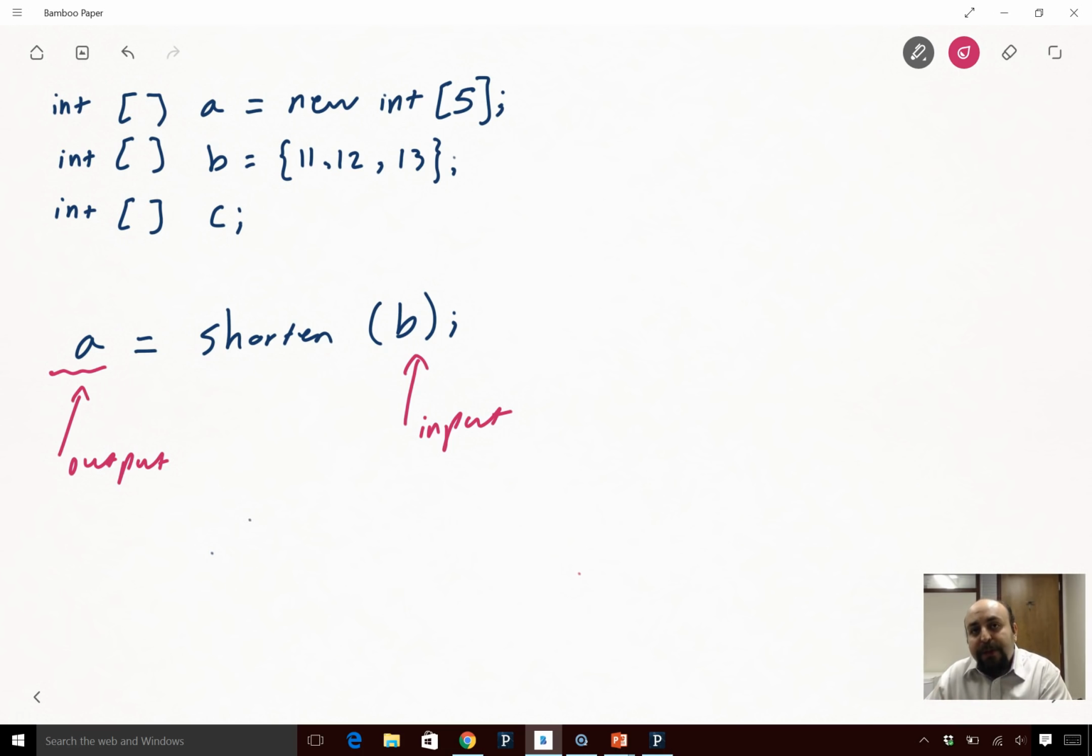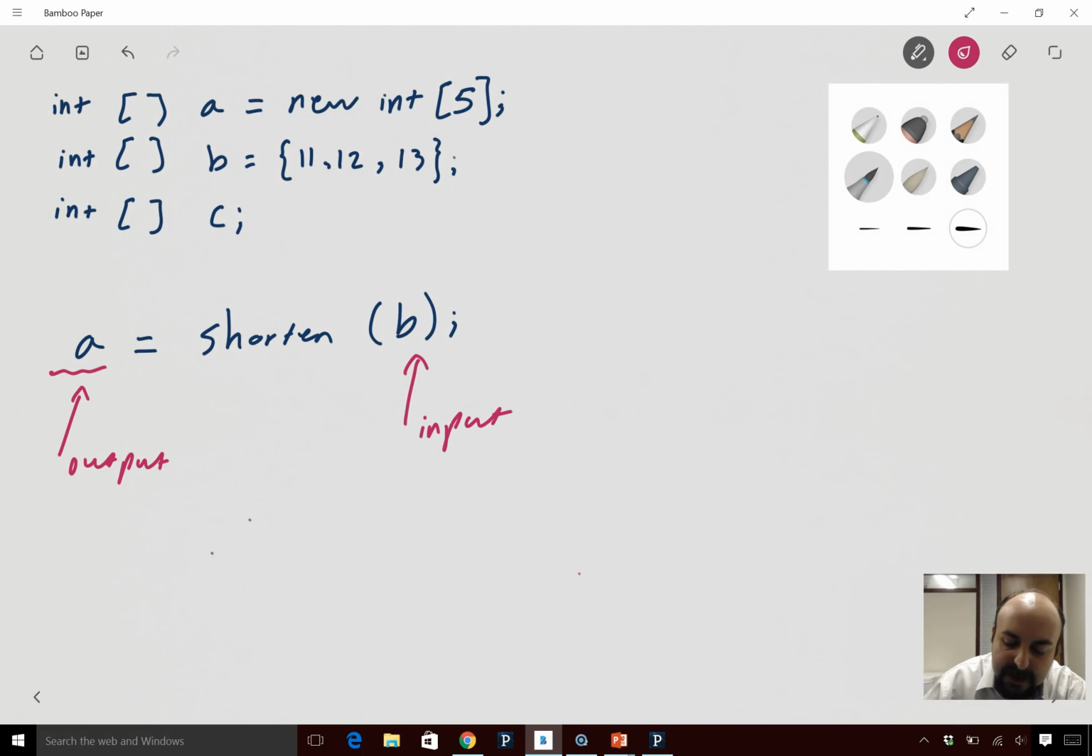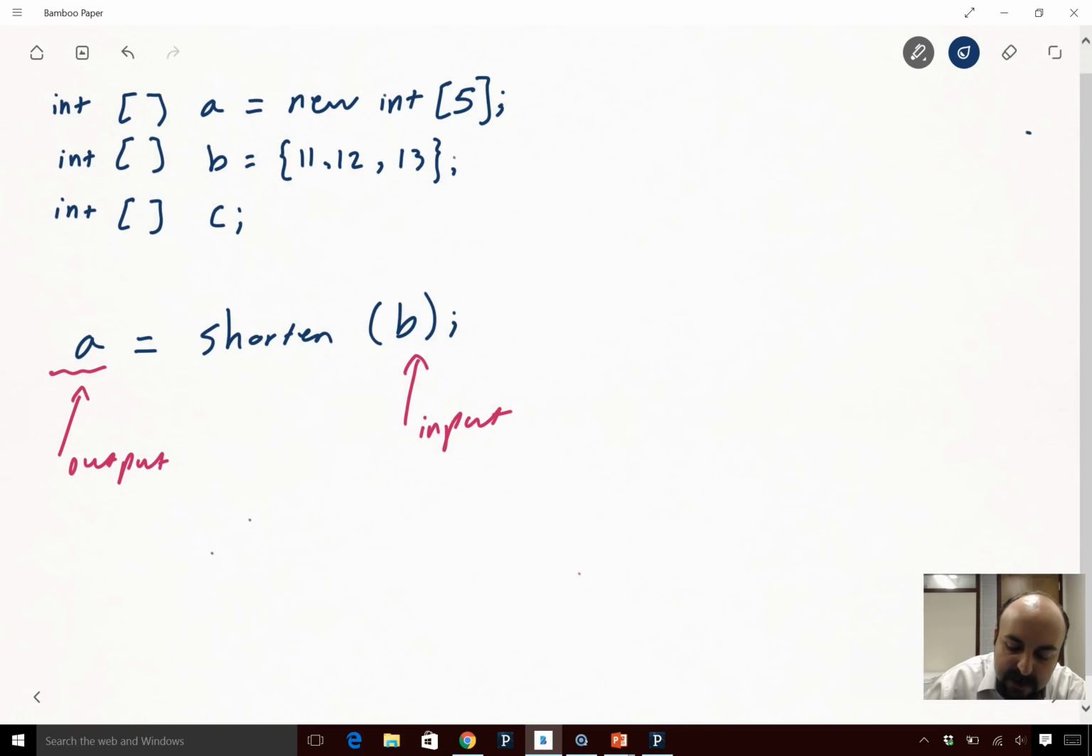In its own scope, it's going to make the changes to B. In this case, it's going to make it shorter by 1. And then it is going to bring the result and copy the result into A. Okay? So no changes are going to happen to B whatsoever. So let me tell you what I mean. So if you have the memory diagram,